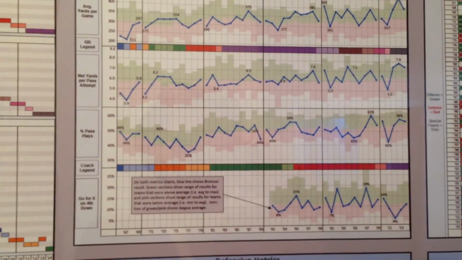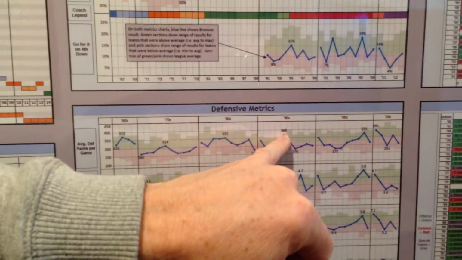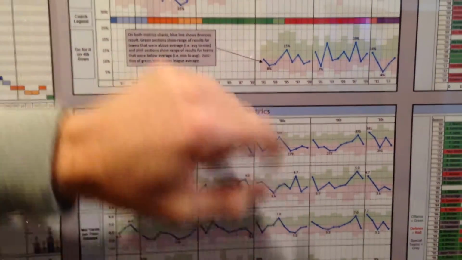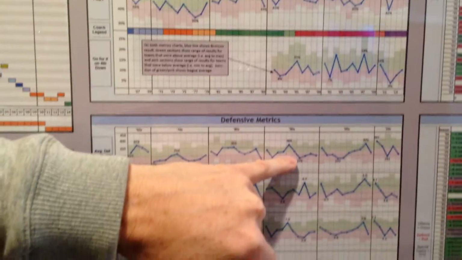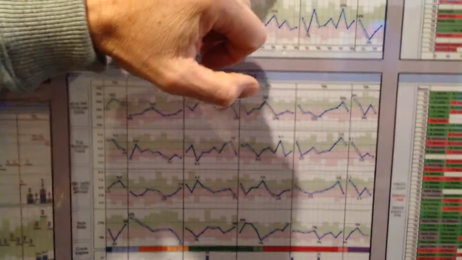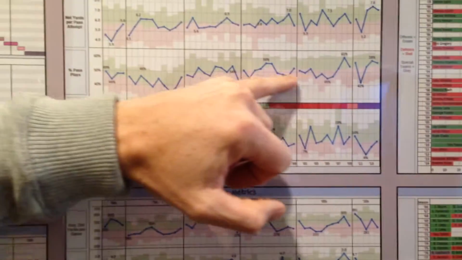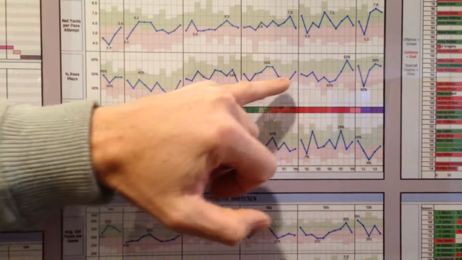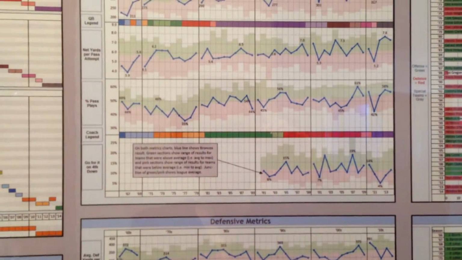Their defense had also gotten bad too. And you can see the yards allowed per game had been high. Shanahan comes in, the defense improves and stays good for several years. And the team runs the ball a lot more, you can see for the majority of Shanahan's duration, except at